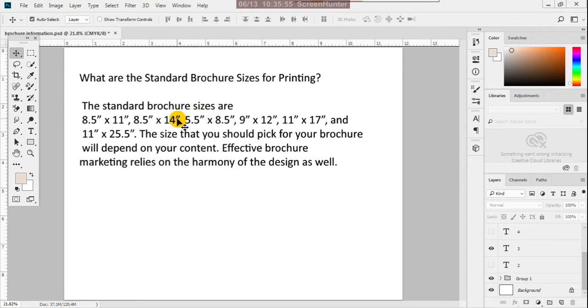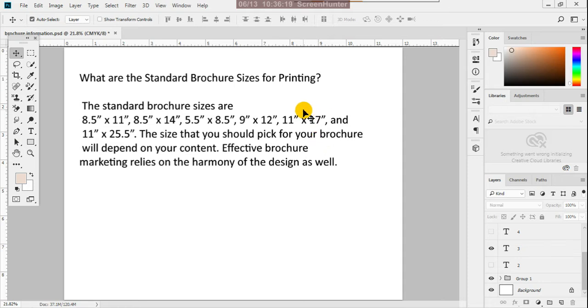We use 8.5 into 11 inches or 8.5 into 14 inches, the same way 14 into 5.5, 8.5 into 9. These are the standard universal sizes. In any size, depending on client requirement, we have to give these sizes.